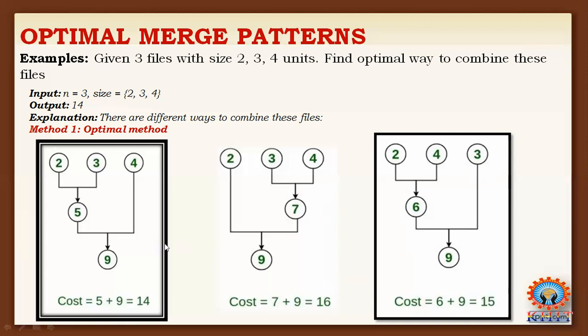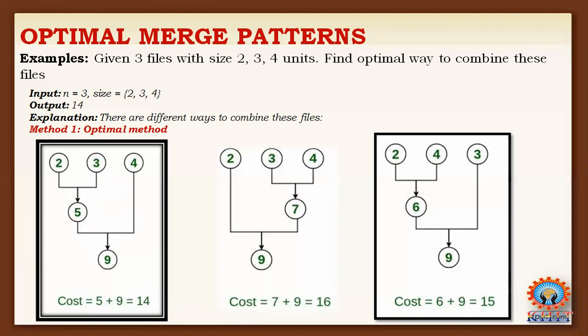So in this section we get three solutions. The first solution produced 14 comparisons. The second solution produced 16 comparisons for merging three files. The third requires 15 comparisons. Among these three, the one that produces the minimum number of comparisons will be considered the optimal solution, and the optimal solution can be obtained by applying the greedy strategy only. So the first one is the optimal solution. In this way we can solve the problem.